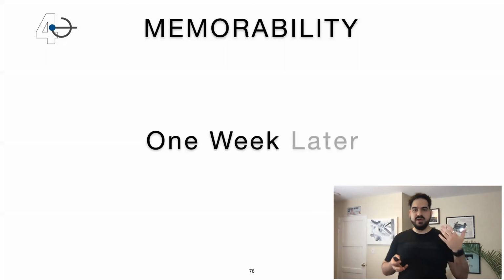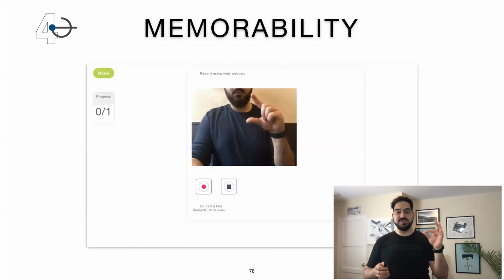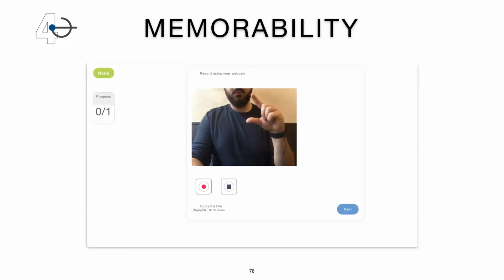Then, after a week of conducting the learnability study, I contacted my 18 participants again and asked them to once again perform those gestures from memory in a randomized manner, and they didn't have access to the training material whatsoever, so they had to sort of remember them after 1